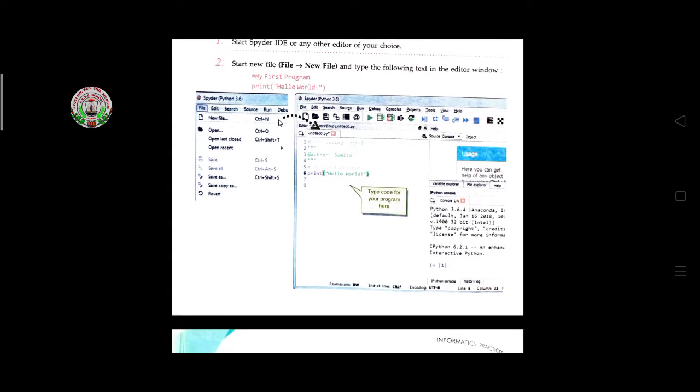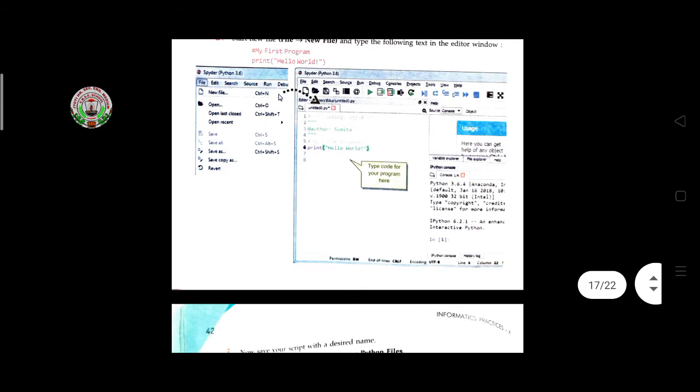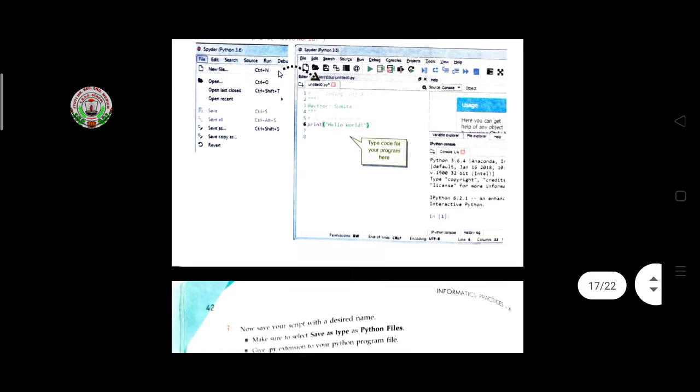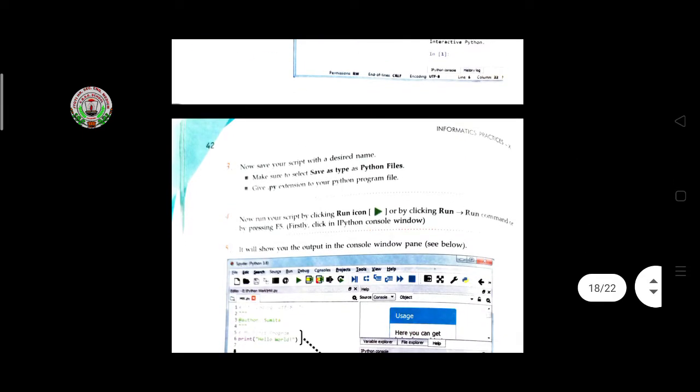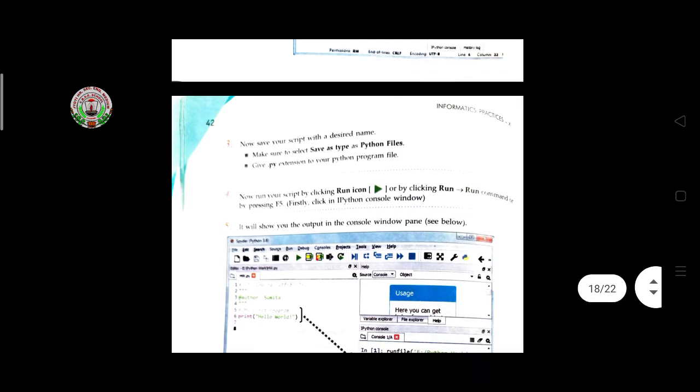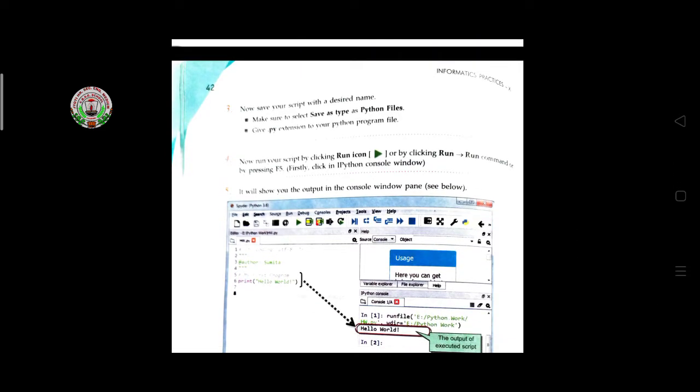See here how to write the code; it is given there. You only have to write print, and whatever you want to print, write it there inside brackets. Then save it. There is a run icon in the toolbar.